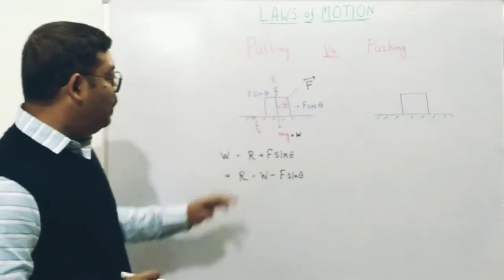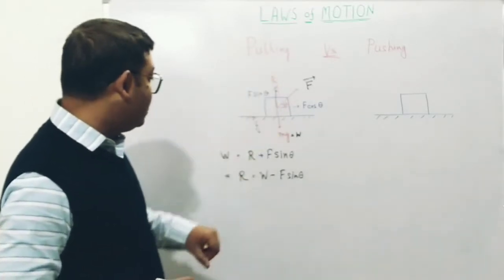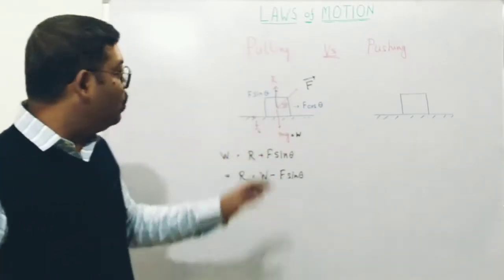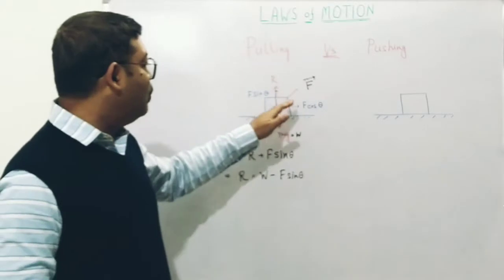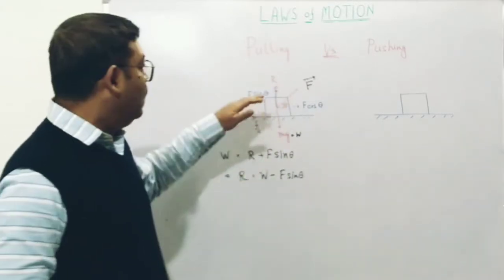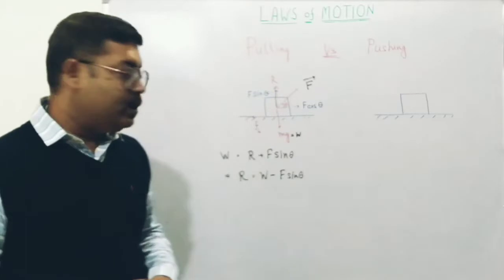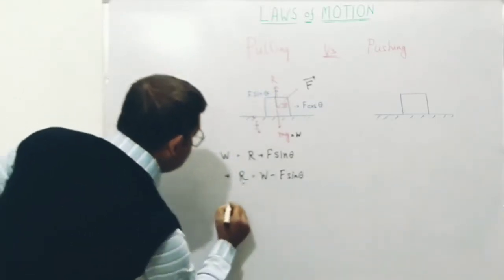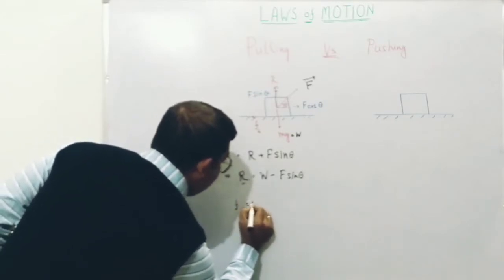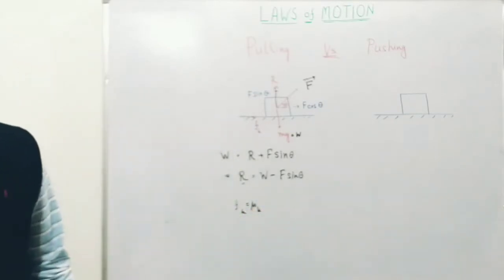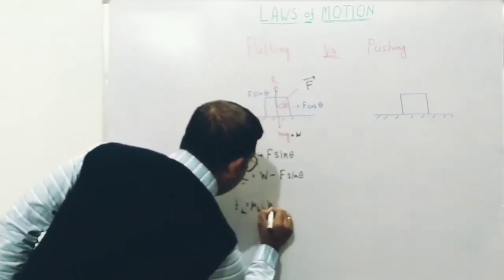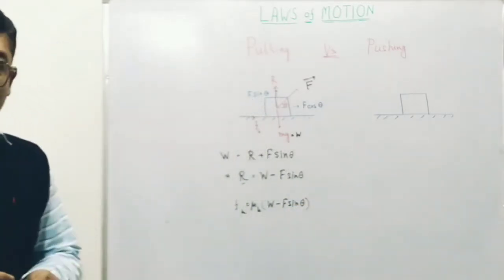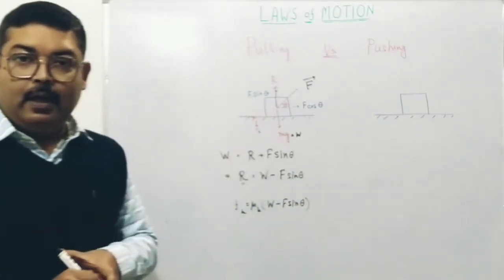Remember, when there is no force, the normal reaction was equal to what? The normal reaction was equal to the weight. So when we pull the object with a force making a certain angle upwards of the horizontal, the normal reaction reduces. Now if R is this, then the frictional force will be equal to mu k into R. That will be equal to mu k into the weight of the object minus F sin theta. That is the force of friction that will appear at the interface.